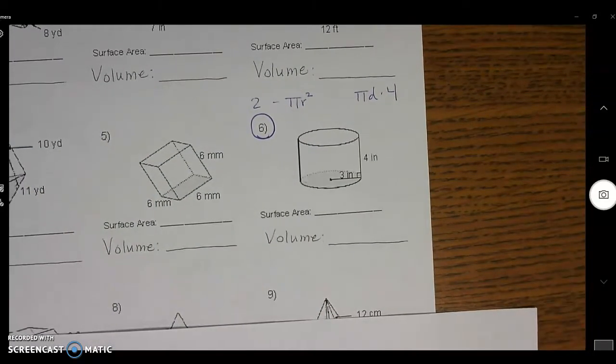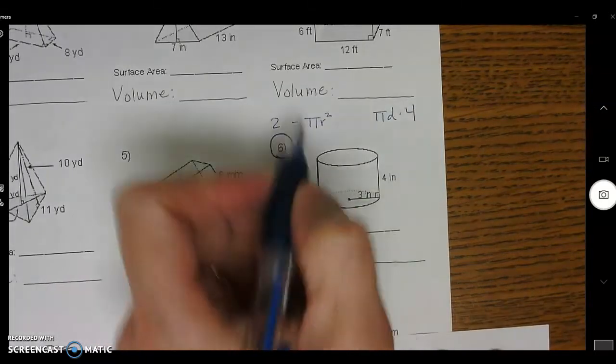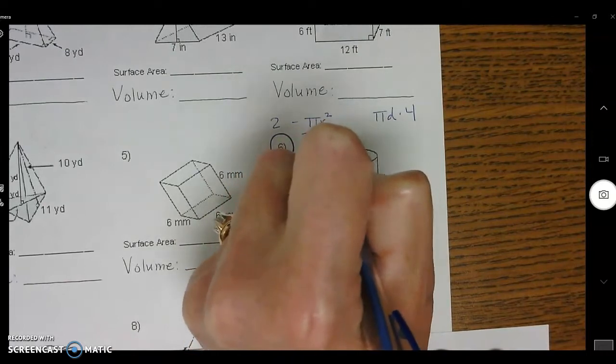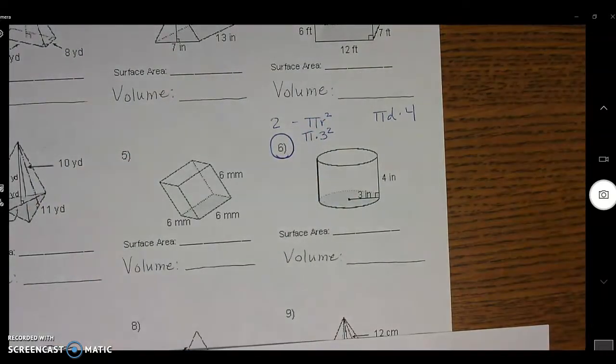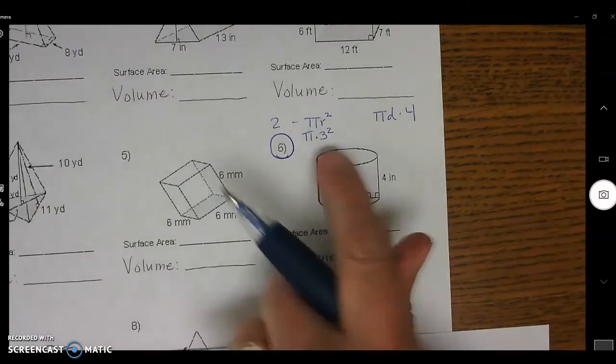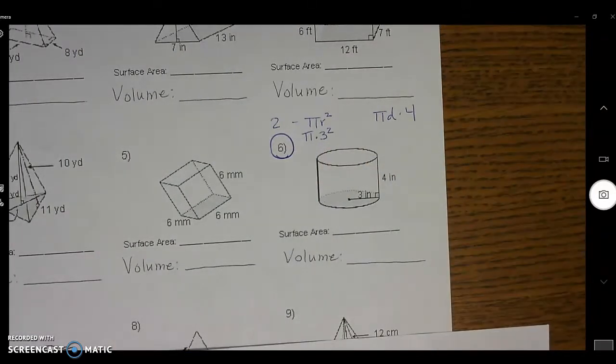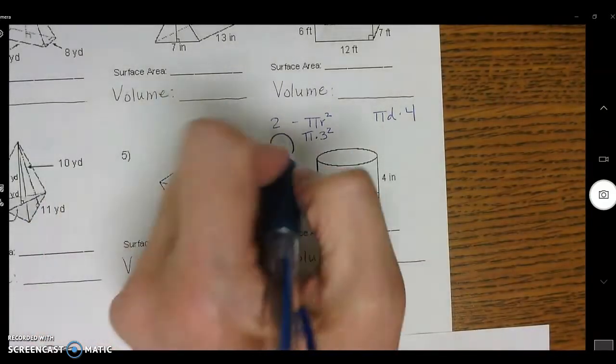Okay, so we need our radius for the first one, and the radius is 3. So this will be pi times 3 squared, and I have 2 of these. So this will be 9 times 3.14 times 2 of them, the top and the bottom. So this piece here is